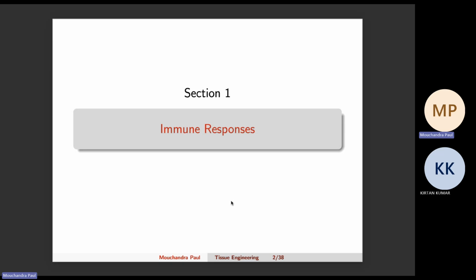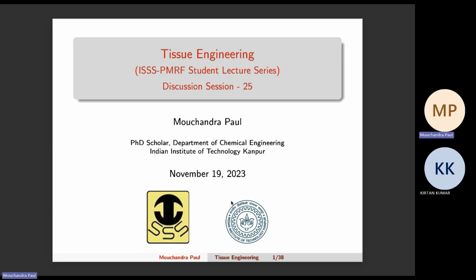This is the second last chapter of this tissue engineering course. We will be discussing the immune response that the body gives to the foreign body. Whatever tissue engineering construct you implant after making it is a foreign body to our immune system. So some immune reactions take place, and it decides whether that particular implant will be able to